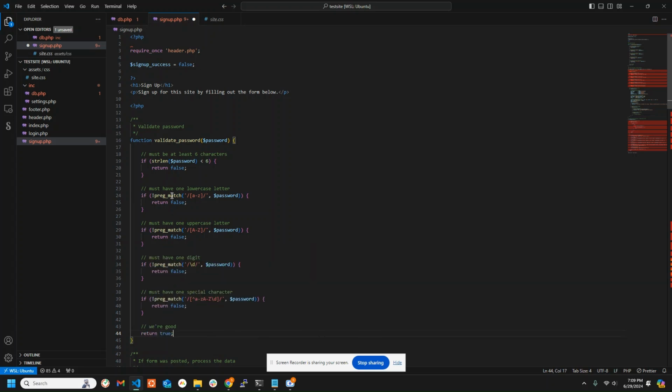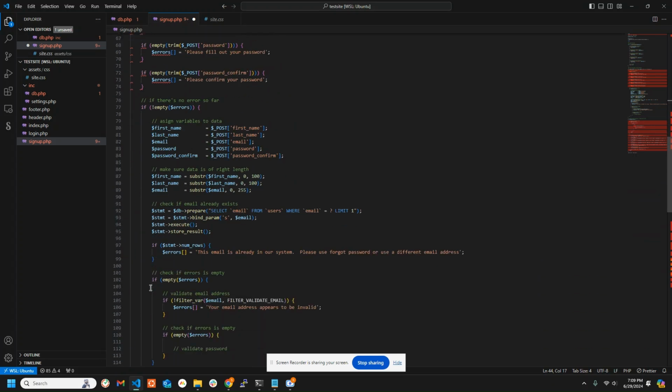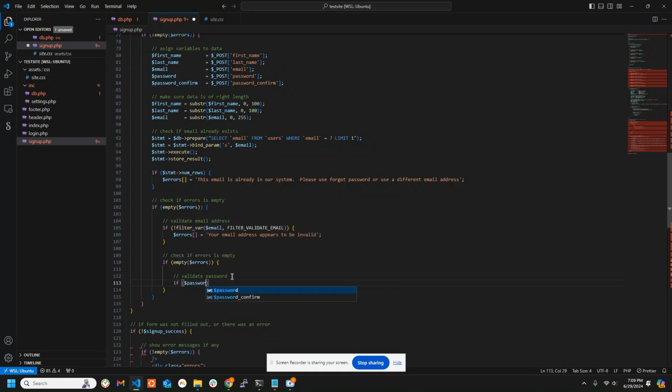So we've created this function that we can use to validate the posted password. We will go ahead and do that here where it says validate password. I think first we should probably check if the password and password confirm are equal. So we'll do if password not equal to password confirm, errors equals your passwords do not match,